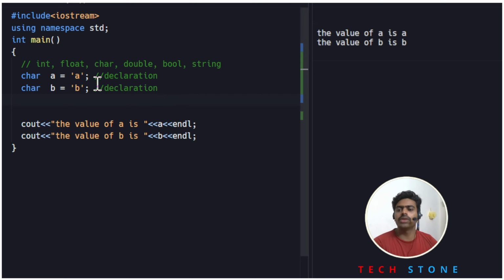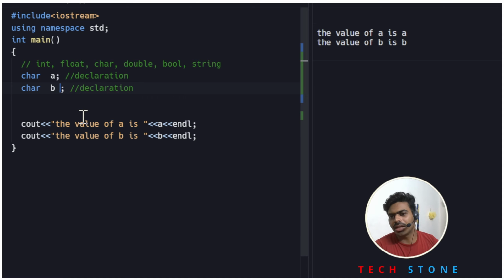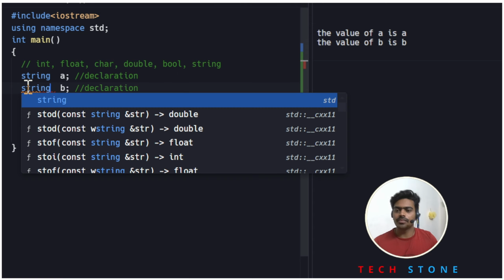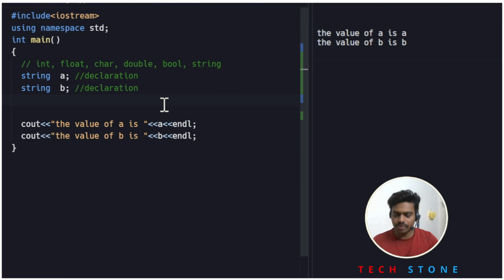Now we are going to play with the string data type. For the string data type we replace all the character data types with string. Now we are going to make it dynamic.